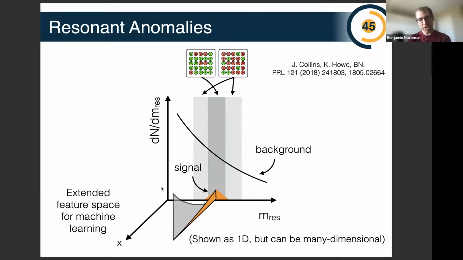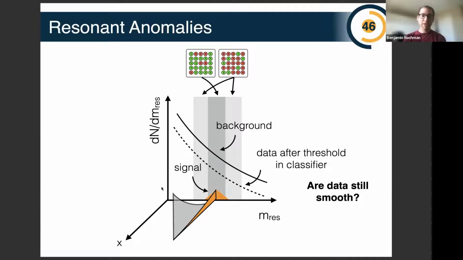And then we can use whatever other dimensions we have available to us to train our weakly supervised classifier. Here it's shown as a one-dimensional space, this X, but in principle it can be many-dimensional. It could be 1, 2, 3, a few, a dozen, 10, 100, 1,000, a million. And the idea is we can use all these other features to enhance the presence of the signal. The goal is that we learn a classifier and apply a threshold cut on it, so we keep only examples that pass the cut, so that the number of background events decreases. And the hope is that you see a bump,